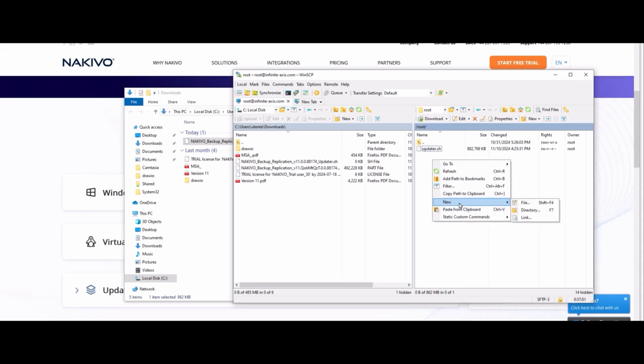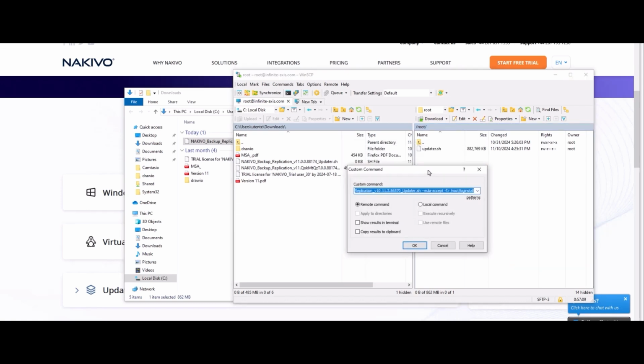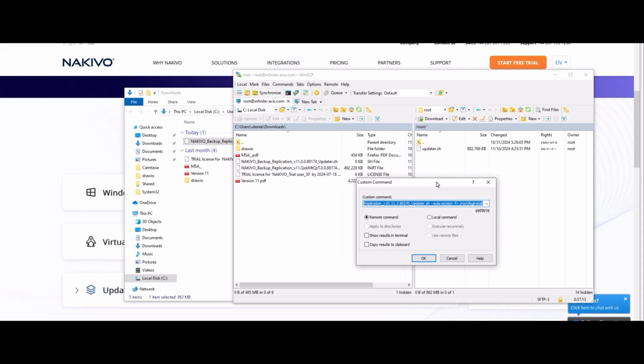Right-click the directory where the updater file is located and in the context menu, click Static Custom Commands and click Enter. Ensure that you're logged into the Linux server in WinSCP using a user account with root privileges to run executable files. Run the command sh followed by the folder where your downloaded updater file is stored. In my case, that's sh /root/updater.sh --eula-accept -u